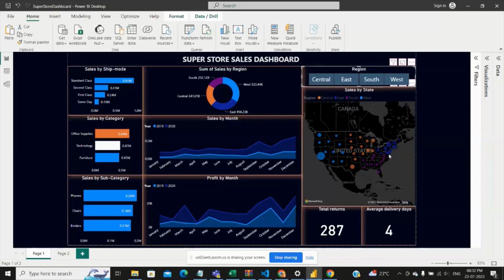On a higher level, what information is the report giving? Do you find this report helpful for a company, or what other things do you want to add? When you are a Power BI developer and you have given a report, you can also pitch in your idea, like this information would be helpful for the company,